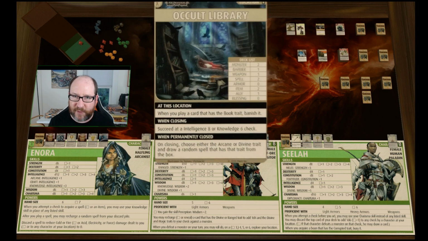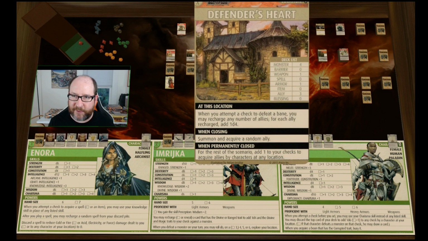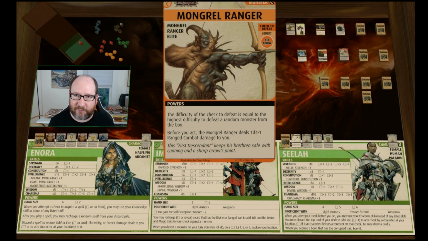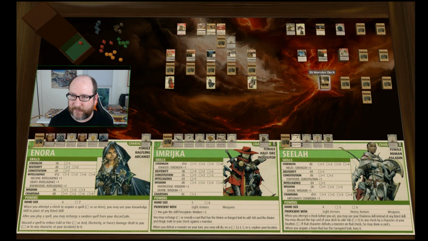So good odds that there would be a monster here in the occult library, but also quite good odds that there's one in Demon Heart. Well, actually, one of these has to be the henchman. Let's go with the occult library. Okay, it's a Mongol Ranger, so we are going to banish that. We don't need to fight it if we don't have to. So that was a good play by Imrijka, and she will spend that blessing that she just acquired to explore again,